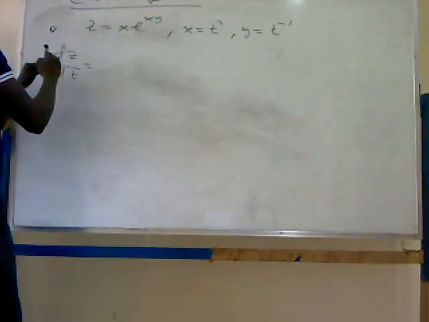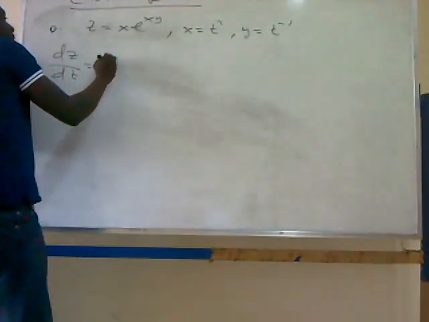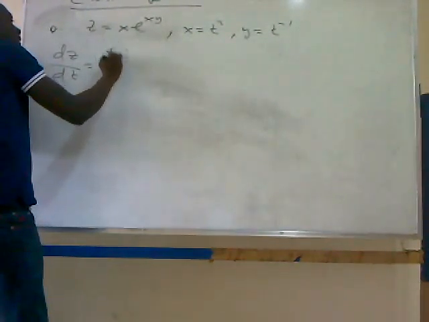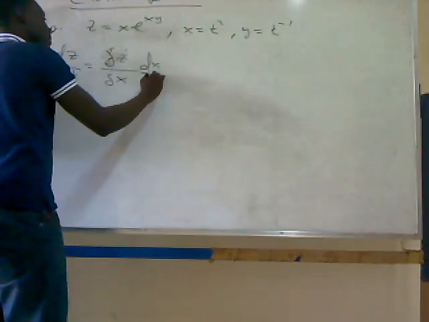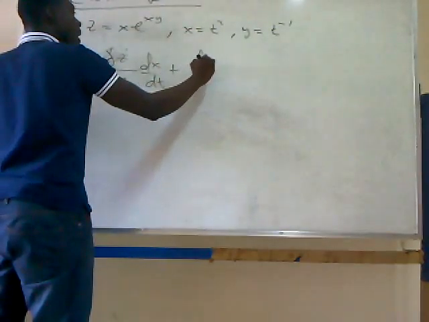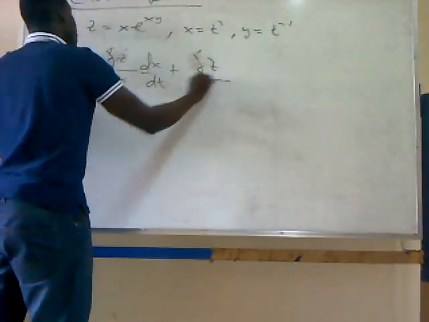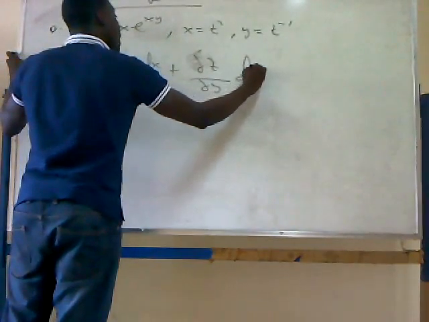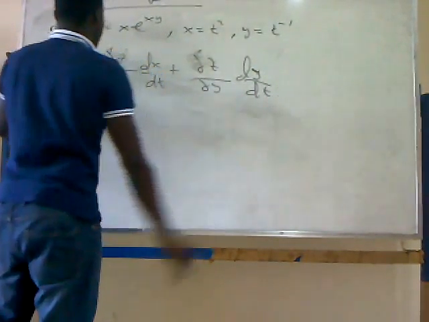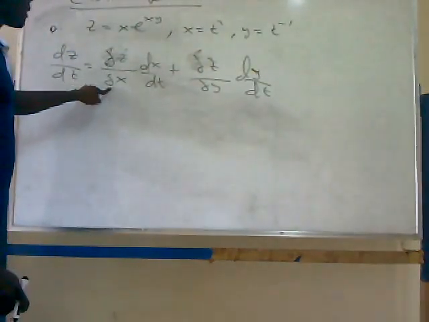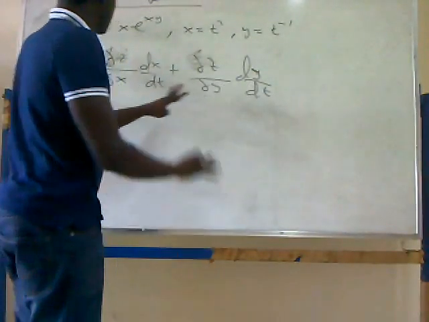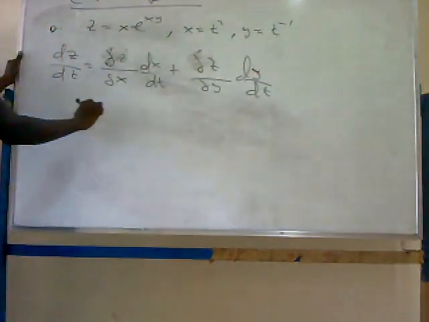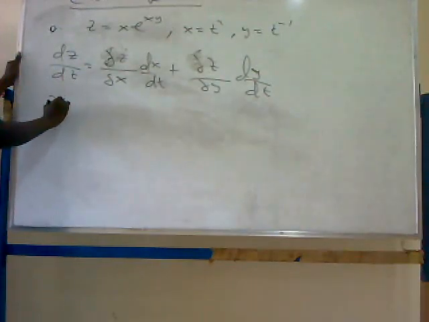And we saw that this is just differentiating z partially with respect to x times dx/dt, plus differentiating z partially with respect to y times dy/dt. So we need del z/del x, del z/del y, dx/dt and dy/dt. We replace them there and we are fine. So del z/del x